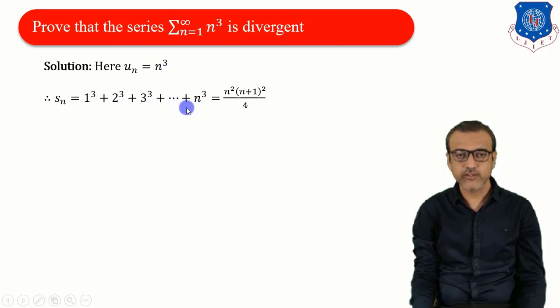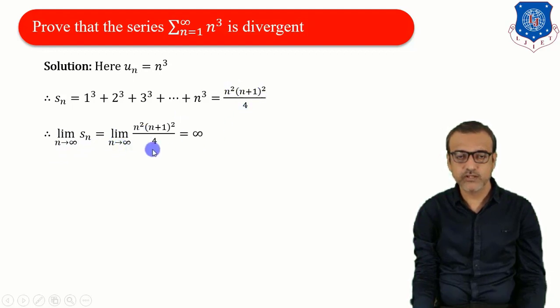Now this is sigma n cube and we have formula of sigma n cube, that is n square n plus 1 the whole square upon 4. Now we will find out its limit n tends to infinite, Sn, that is equals to limit n tends to infinite, and Sn is n square n plus 1 whole square by 4. So if you will replace n by infinite, in the numerator we will be having infinite, so infinite by 4 tends to infinite. So here limit n tends to infinite, Sn is infinite, so we will say that the series is divergent.